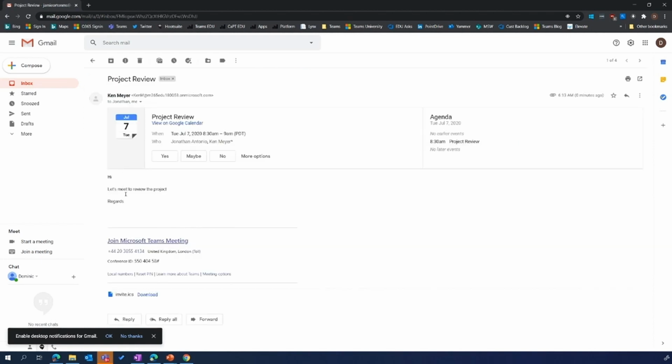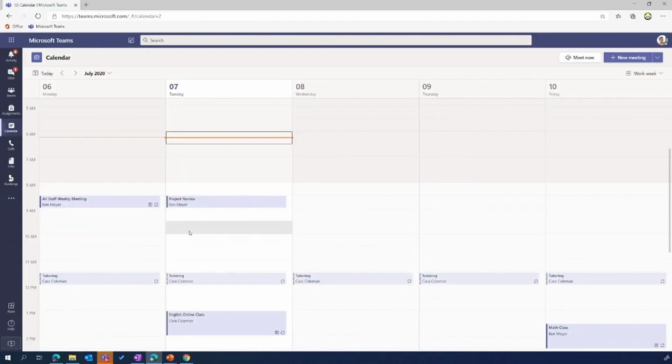Anyone who's been invited can click this link here and join this Teams meeting for free. It is free for external people to join this one-off meeting. And remember, I have not added Jamie to my tenant. This is not adding him as a guest to a team. This is just a one-off meeting, and Jamie does not need to have access to Teams. He can just click this and join a one-off meeting. All right, that was quite easy.